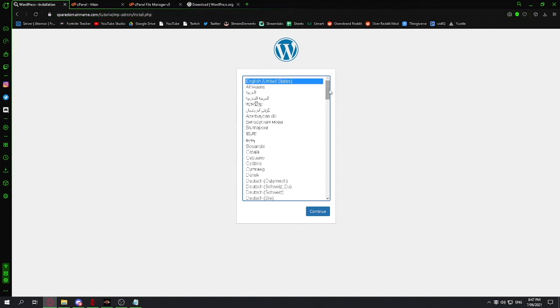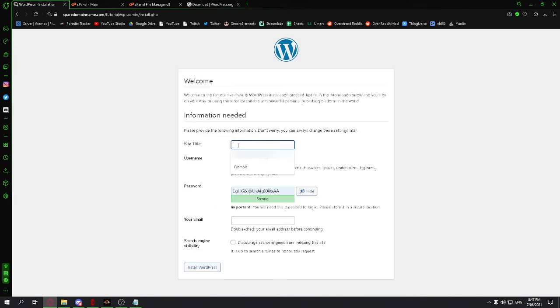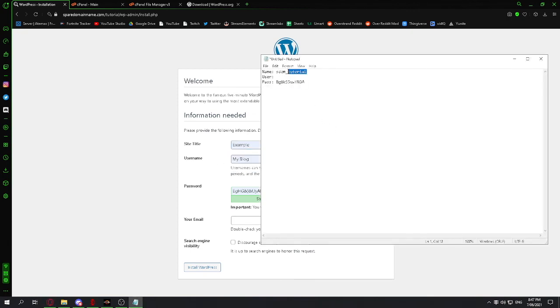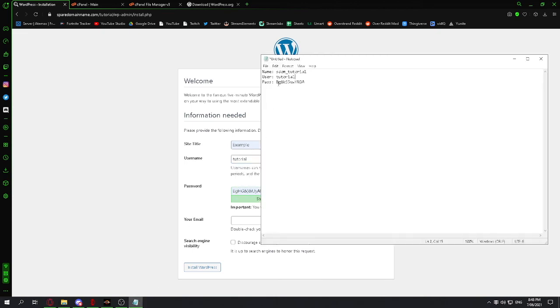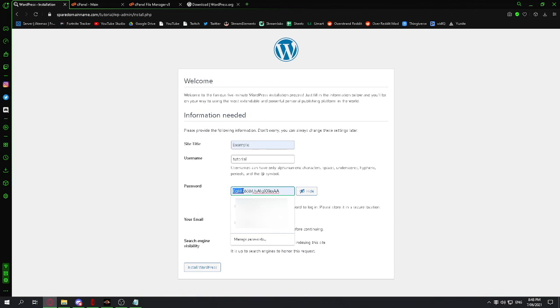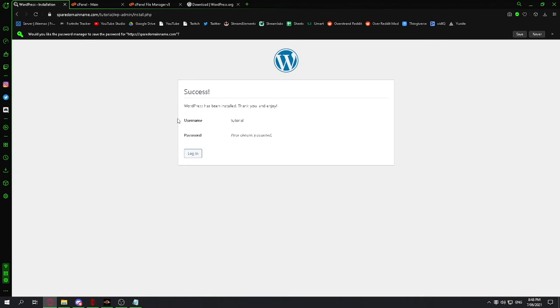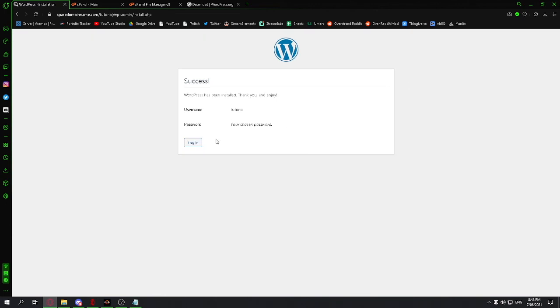So we'll set up our username and password for the WordPress side and click on Continue. So site title, I'll make one example. And now we go to get our username, which I'm just going to make tutorial. Paste that in. And then paste in our password. And then put in your email. And then click on Install. And there you go, you can see you've got your username and your password has been set up like we just did. And now if you click on Login,